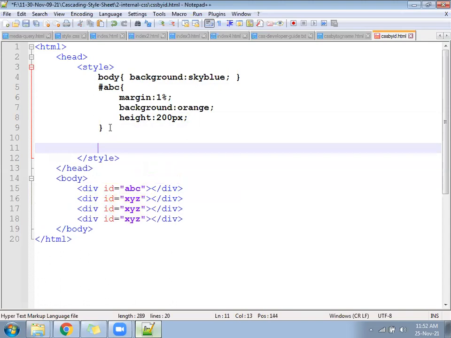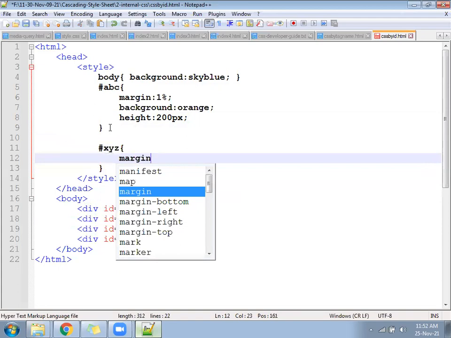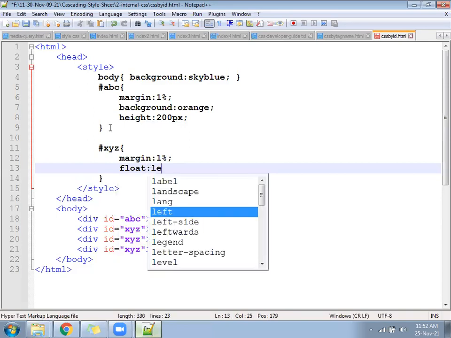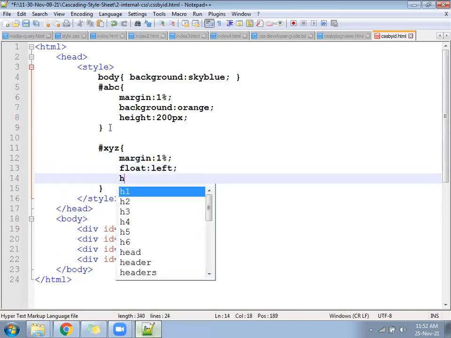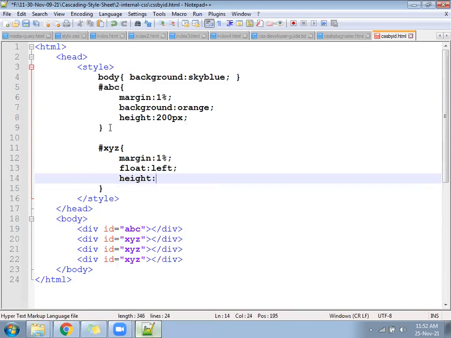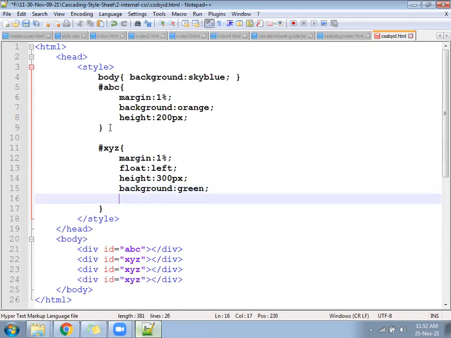Come down. Now another ID we have is called hash XYZ. There you can write something: margin again, keep 1%, float left, height, suppose 300 px, background something green color, and margin already given.